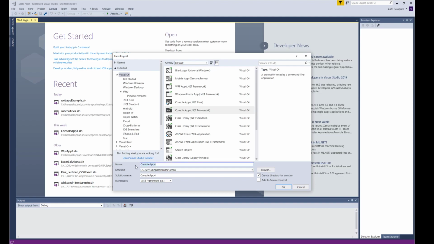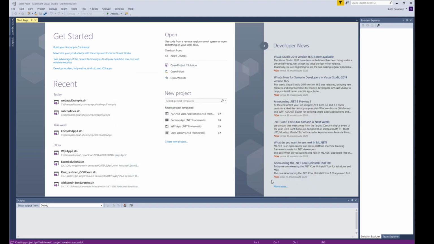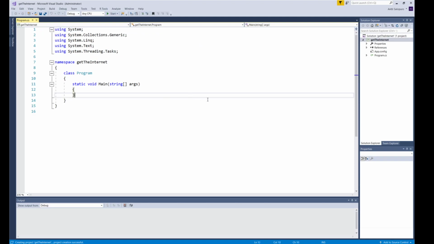we can name this Get the Internet. Okay, something like that, and click OK. Right, so here is the application, and before we start doing anything else, we should